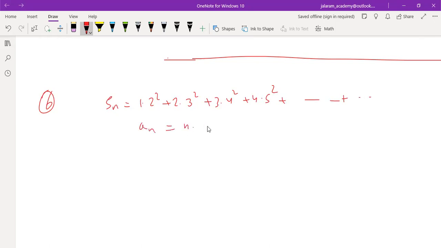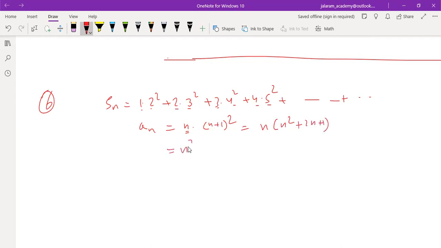An equals n into, first term is 1 into 1 plus 1, squared. So the nth term is n into n plus 1 whole square. Second term is 2 into 2 plus 1 whole square, 3 into 3 plus 1 whole square, 4 into 4 plus 1 whole square. So the nth term is n into n plus 1 whole square. So we can directly also write